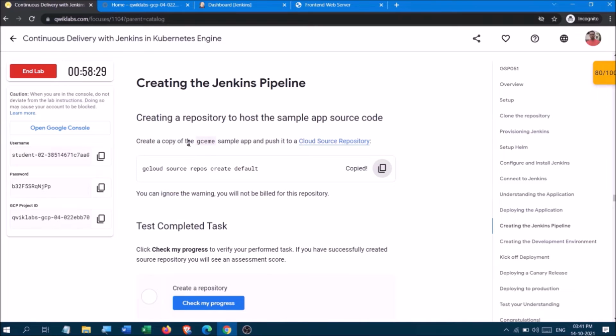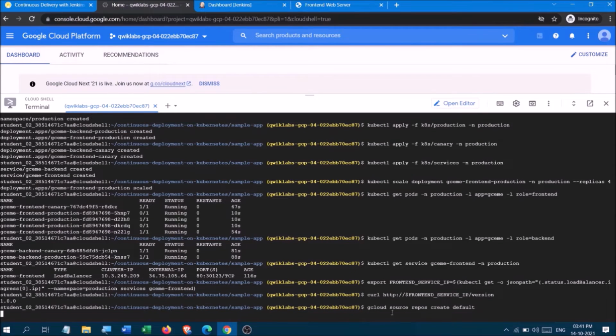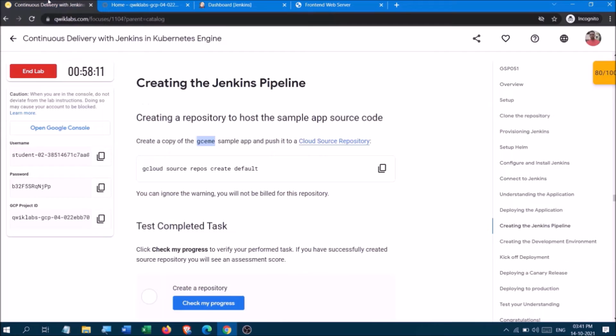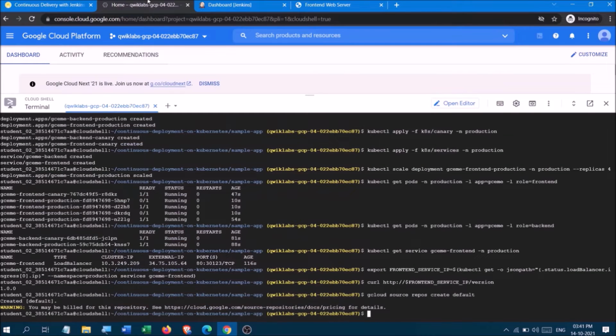Now we are going to create a copy of this sample app. So we had created a sample app. Yes, copy this from the Google Cloud Source repo.